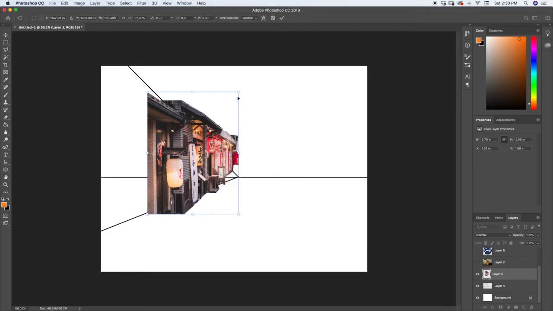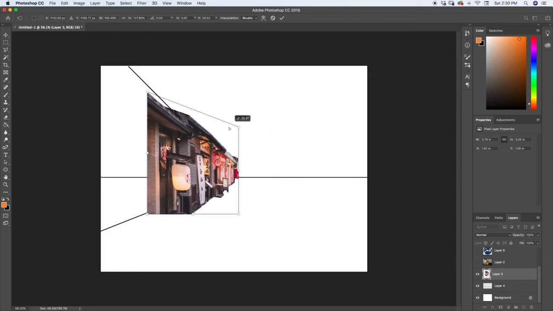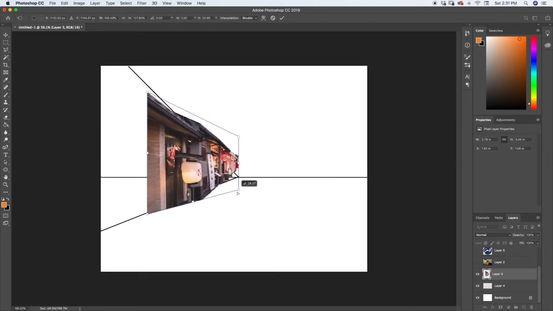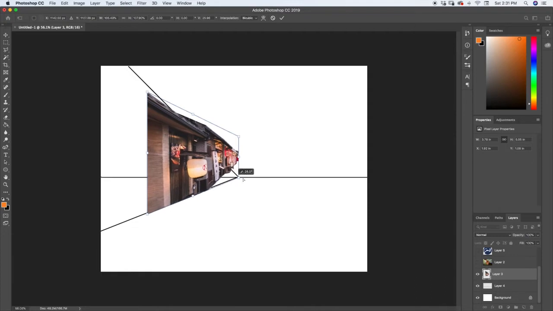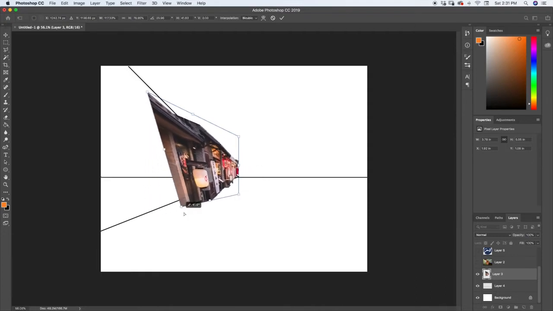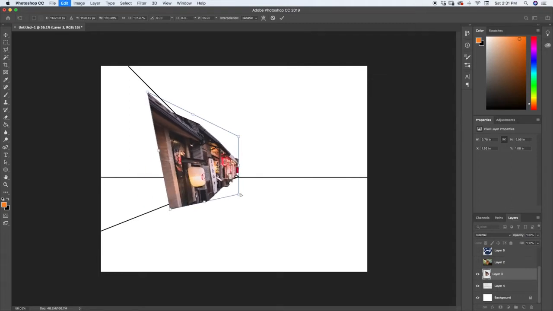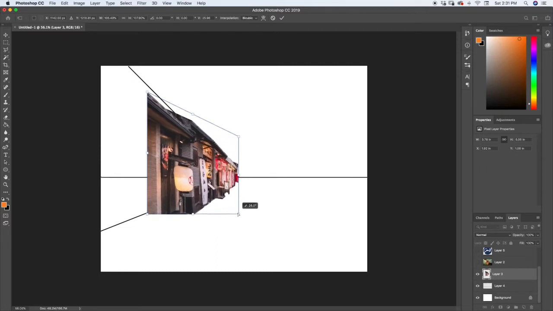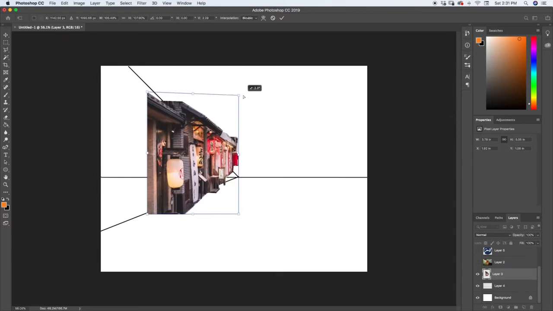Let's go down to skew. You can see if I skew it, what it does is it kind of just drags it straight down like this. I can do the same thing with this corner, but I can't really move it from side to side. You can see if I try moving it from side to side, it's only going to skew it up and down or from side to side, but it's going to kind of lock on that either X or Y position. So let's go ahead and undo those. Whoops. So I guess I can only undo back once with this. So I'm going to go ahead and drag it back up into place